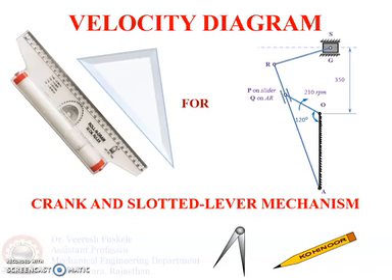Hello students, in today's lecture we'll learn to draw the velocity diagram of crank and slotted lever mechanism. While analyzing the motions of various links of a mechanism, sometimes we are faced with the problem of describing the motion of a movable point on a link which has some angular velocity. For example, the motion of a slider on a rotating link. In such a case, the angular velocity of the rotating link along with the linear velocity of the slider may be known, and it may be required to find the absolute velocity of the slider.